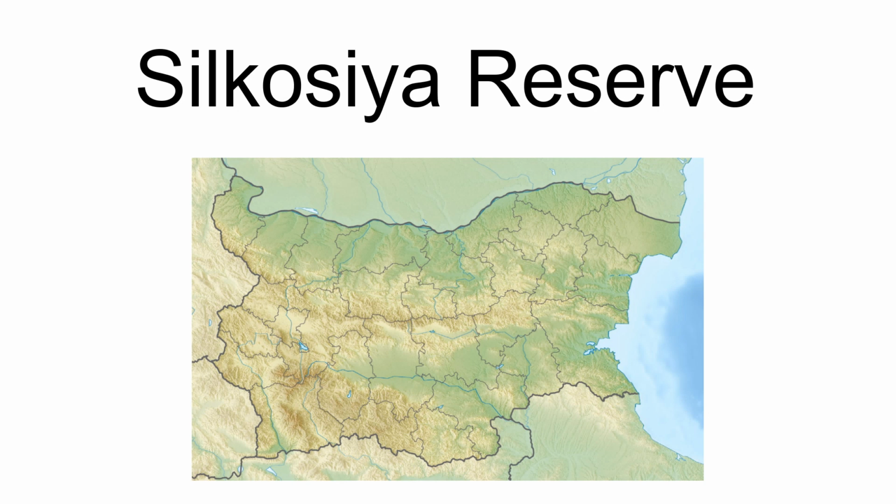Silkosia, Bulgarian, is a nature reserve in Strandzha Nature Park, located in the homonymous mountain in southeastern Bulgaria. Its territory is close to the villages Kosti and Balgari. Silkosia is the oldest reserve in the country, declared on July 23, 1931 in order to protect the evergreen bushes